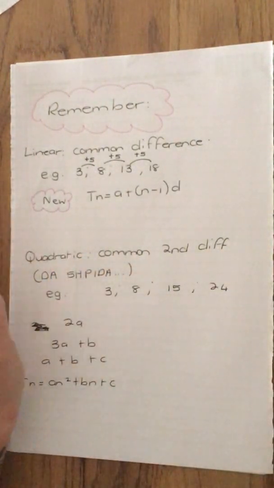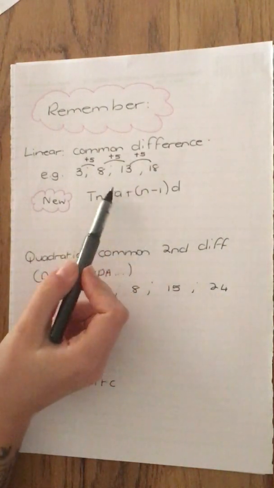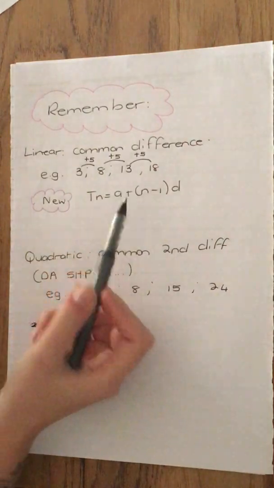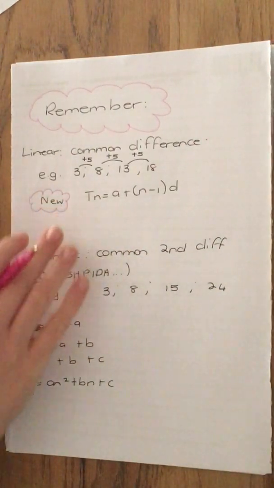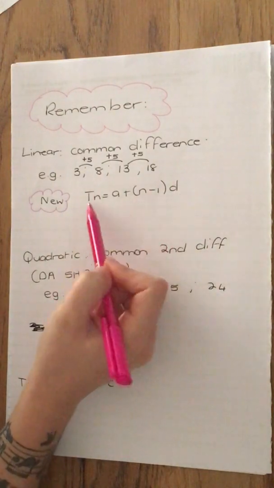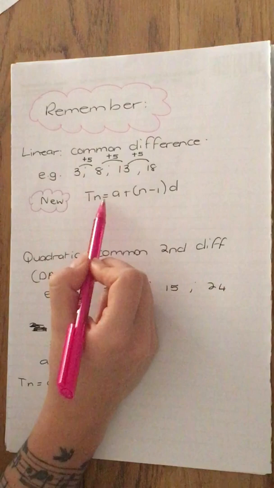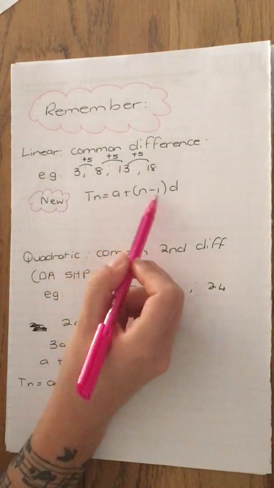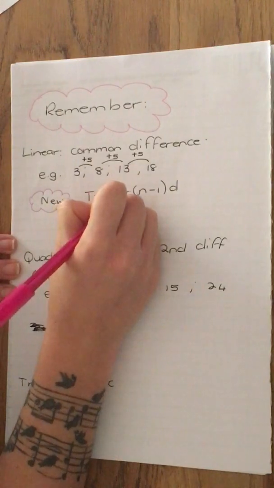Okay, now one thing I did not teach you is this formula. You might have done it in extra classes before, I'm not too sure, but this is a formula that might just make your life a little bit easier when coming up with the general formula for a linear pattern, and that is Tn equals a plus (n minus 1)d. Okay, so in this formula, a stands for